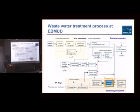So just a really quick overview of how the wastewater treatment process works. You bring in the wastewater. Any really big particulates are separated off at the beginning. Then you have mostly a liquid stream, so you can get scum like oils and things that you can take off. And then you can do some secondary types of separations. And eventually you're going to have your liquid flows going into the secondary treatment, which is